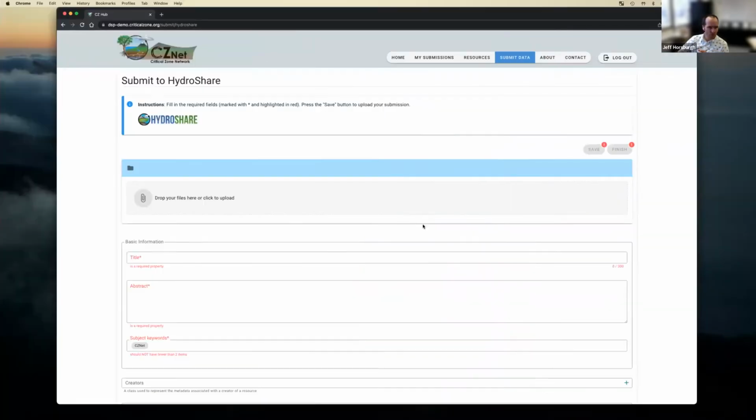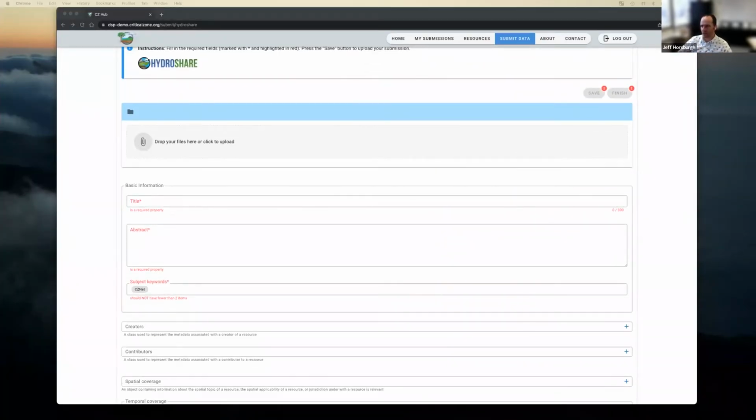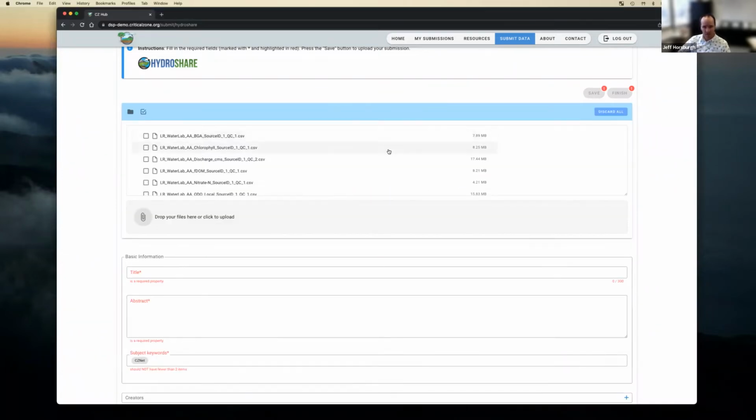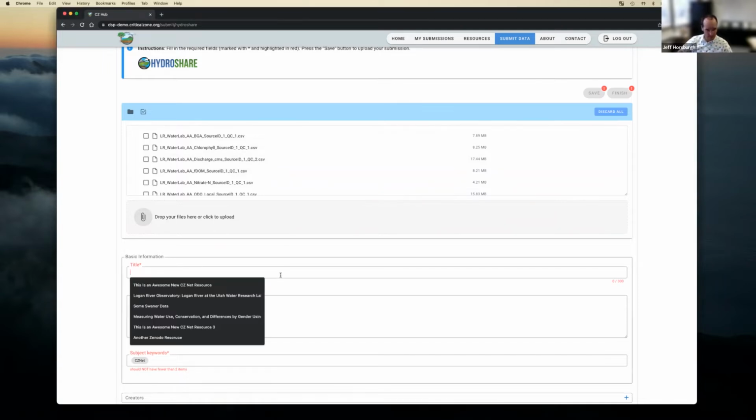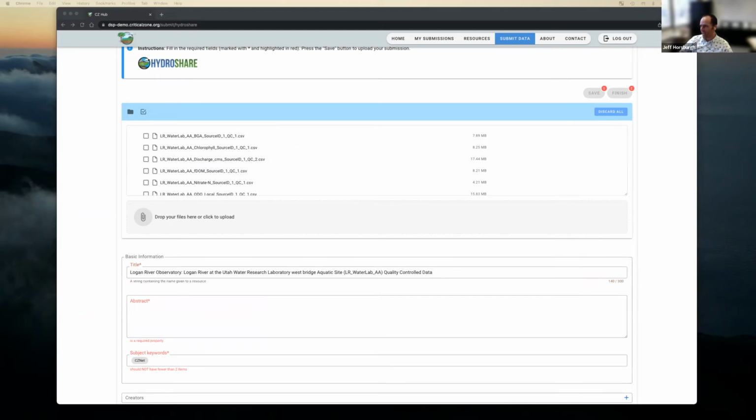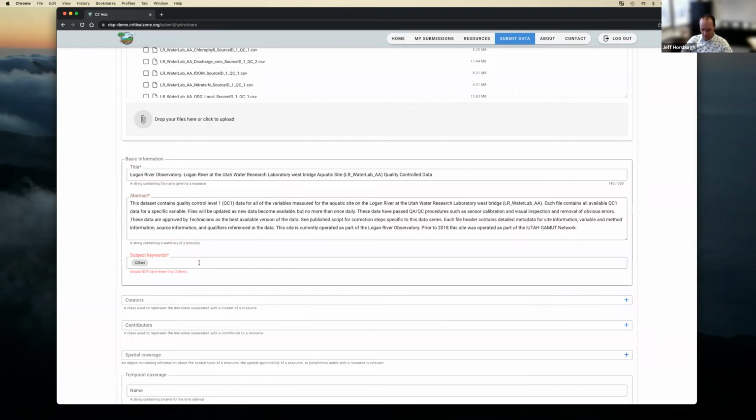Okay, so let me just really quickly fill this out. This is just like any other data submission form that you might have. Let me just grab a couple files and drag them over here and drop them. These are files that are going to get uploaded to HydroShare. They're just CSV files that I'm going to dump into this resource. And then I've got a title here, so I don't have to type this, and an abstract. So I don't have to type that. Keywords are pretty straightforward. So like water, hydrology, temperature, whatever those keywords are that you want,